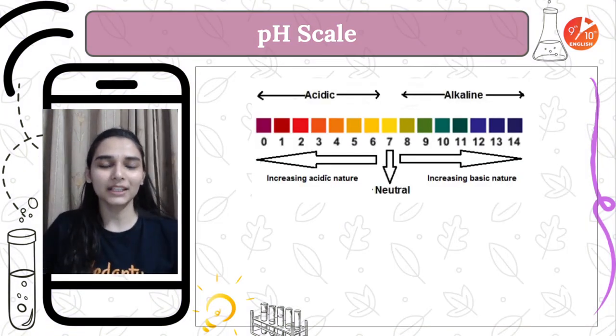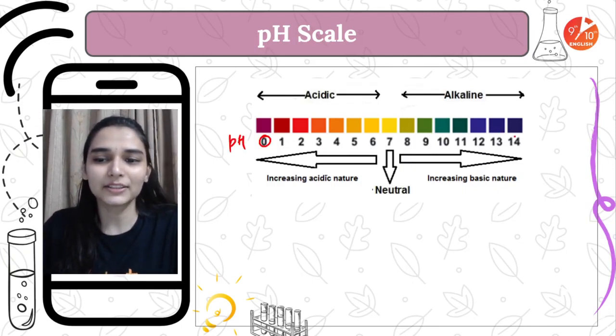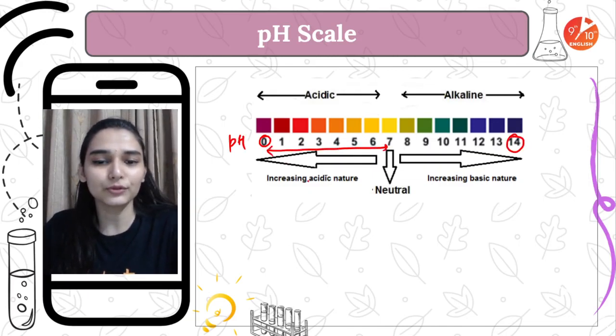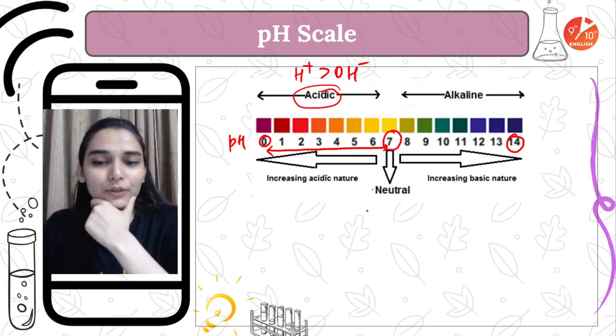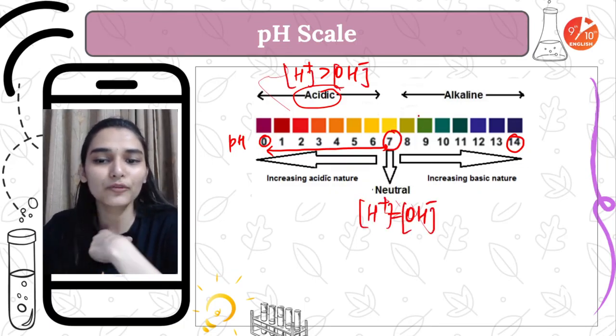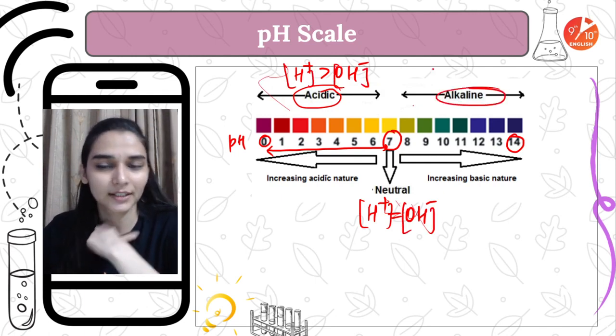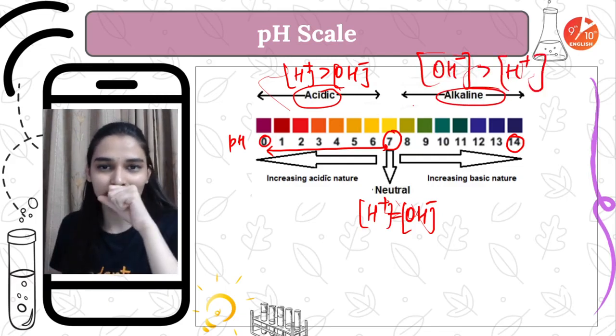Okay, so how do we study this pH scale? You can start from the pH value 0 and it is going up to 14. ठीक है, so below 7, like from 0 to 7 pH, this is the dominant range for the acids, because यहाँ पर H plus ion concentration is more than OH ions. At pH 7 neutral solution exists. H plus ion का concentration is equal to OH ion का concentration. ठीक है, and the next one, above pH 7 bases are dominant. ठीक है, यहाँ पर OH ion concentration is more than H plus ion concentration.